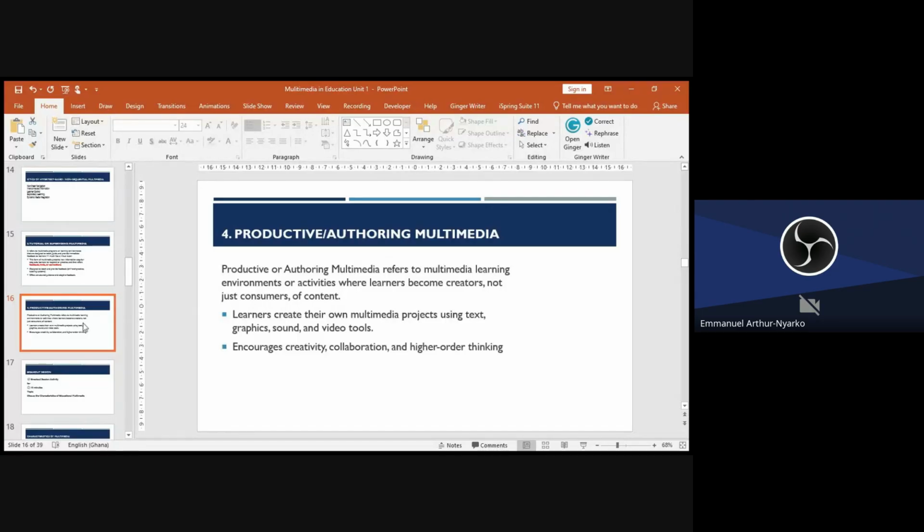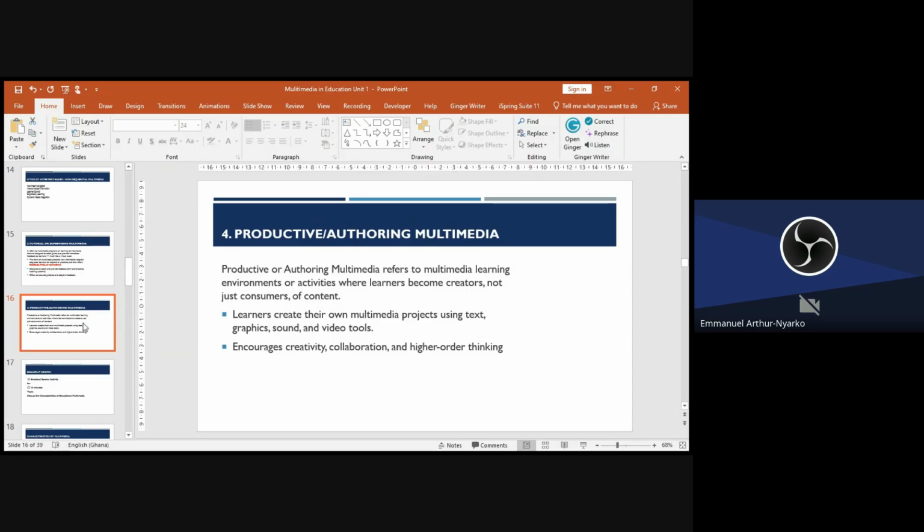With respect to authoring multimedia, you will use the authoring tool to create a multimedia. Learners create their own multimedia project using texts and graphics in the authoring multimedia environment. So have it in mind.